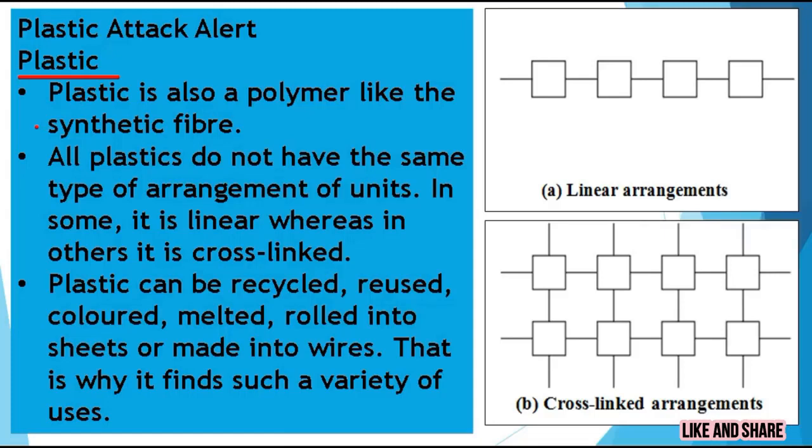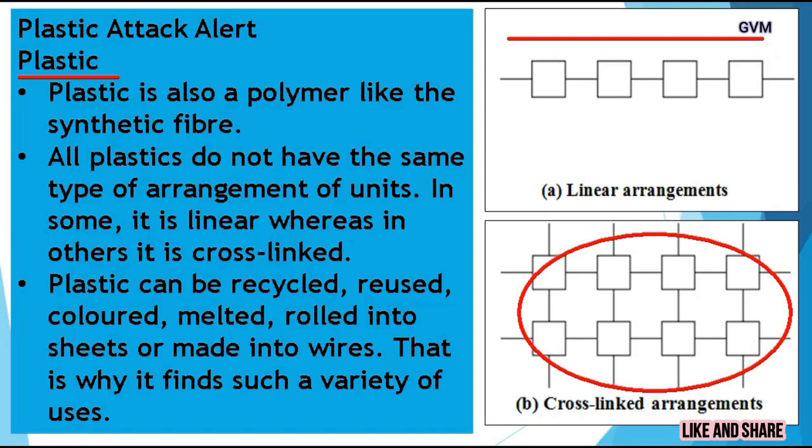Students, plastic is also a polymer like the synthetic fibers, but not all plastics have the same kind of arrangement of units like the other fibers. So in some cases plastic is linear, whereas in some cases it is cross-linked. As you can see in these two figures, in some cases it is linear, meaning the monomers are arranged in a linear chain-like pattern, whereas in some cases the monomers arrange themselves into a cross-linked arrangement like in this